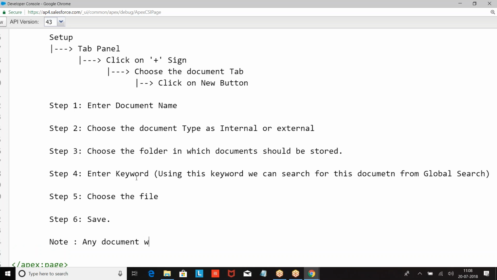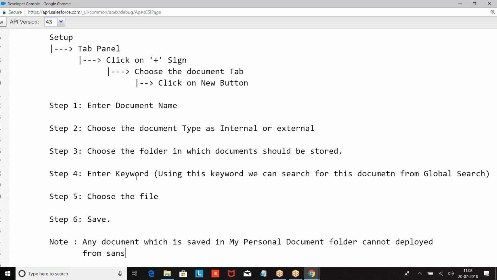Any document which is saved in my personal folder cannot be deployed. If you store any document in the my personal document folder, it cannot be deployed to production.